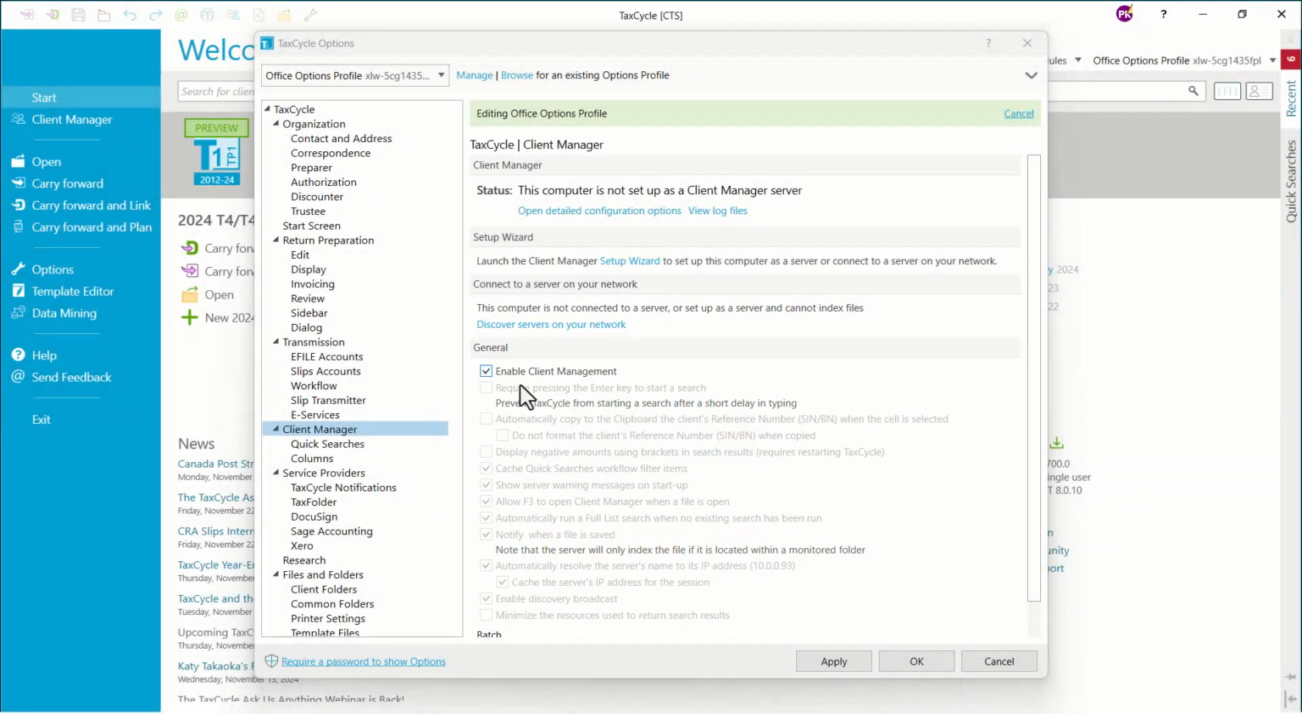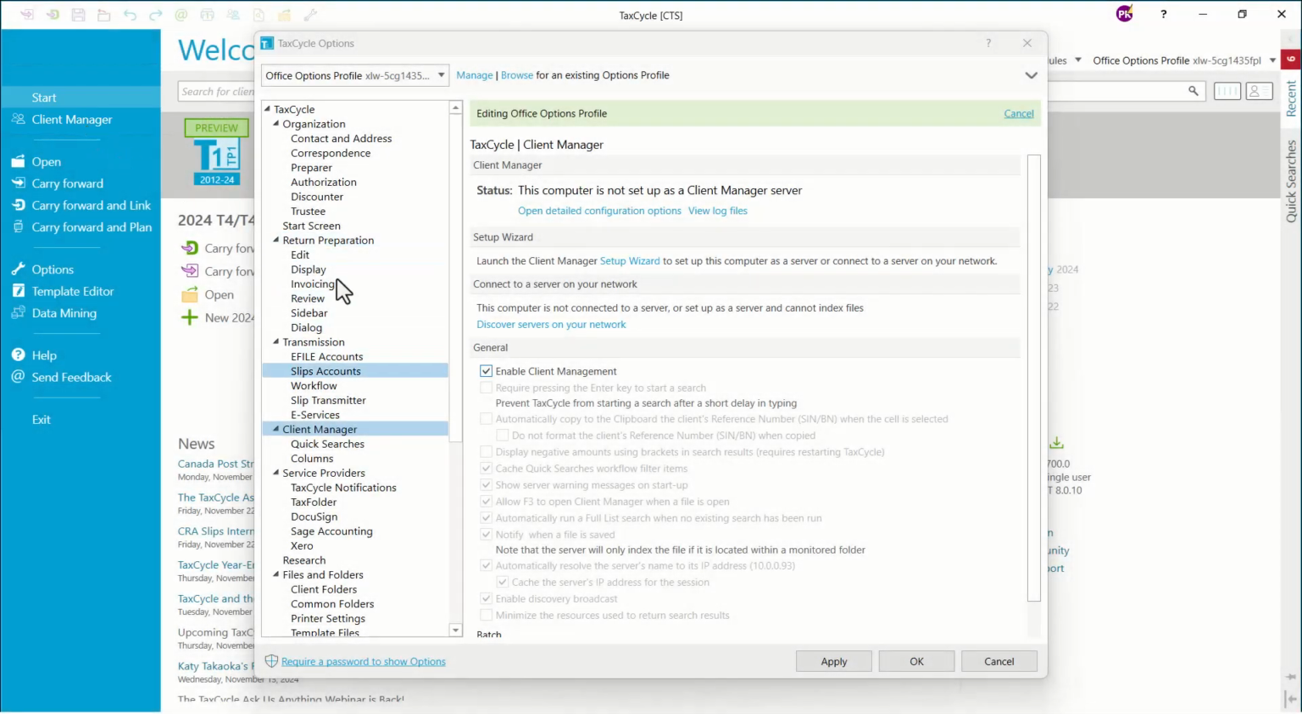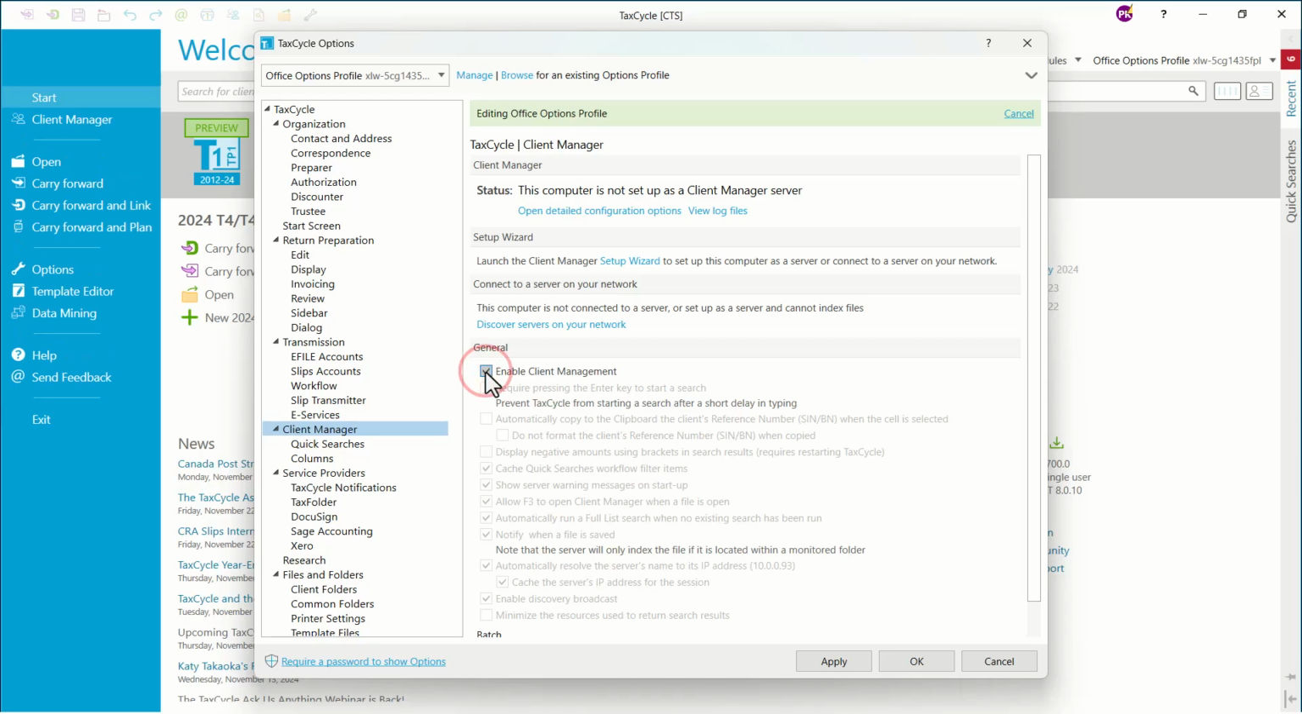First of all, Client Manager is enabled. On the left hand side, we can see Client Manager, and if I turn this box off, the Client Manager on the left hand side goes away, and it will not bother you. It will not get the search bar in TaxCycle. If you use your own mechanism for managing your tax returns, it's perfectly fine, and by doing so, you can tell TaxCycle that I am not interested in using client management. Please turn off. However, for today's video, we are using Client Manager, so I will check this box, and